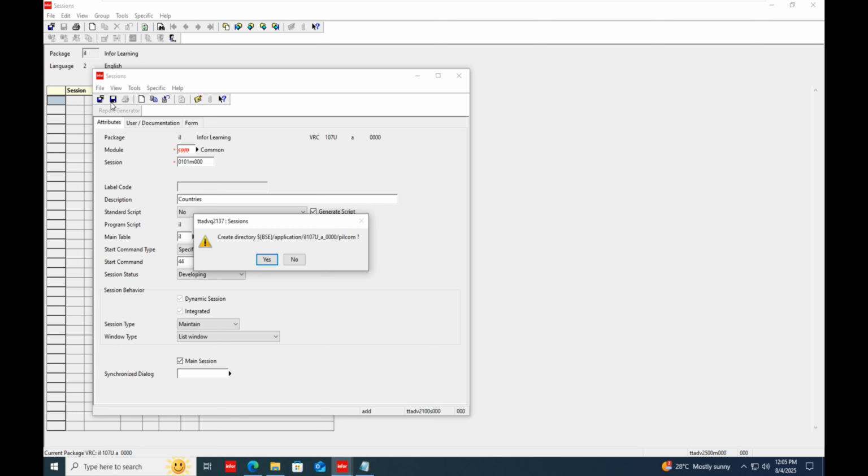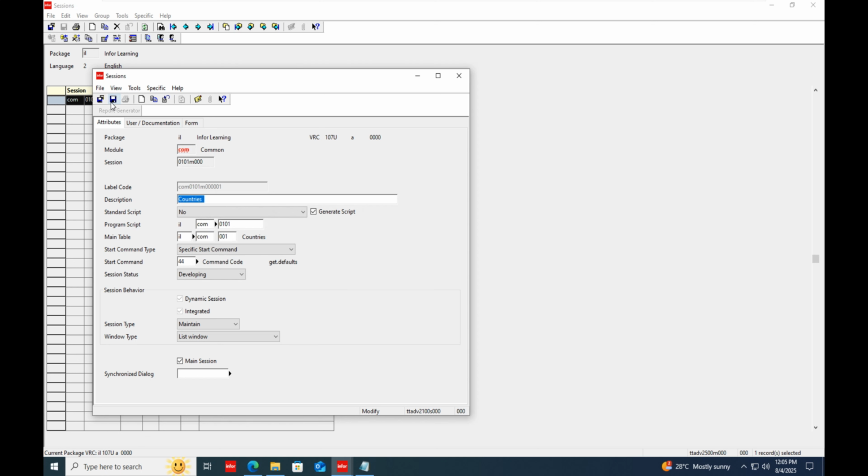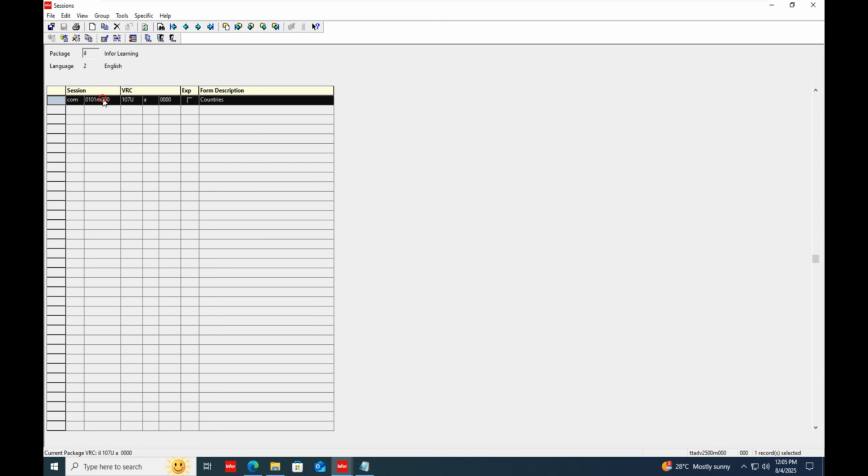So that's why the system is asking me, do you want to create a directory in the $BSC application slash IEL104, the path which I have recently shown you. Over that path, should I create a folder for you? I'm saying yes, please create a folder. So now the system has created a folder in the dict file. Okay, I've done this session, and